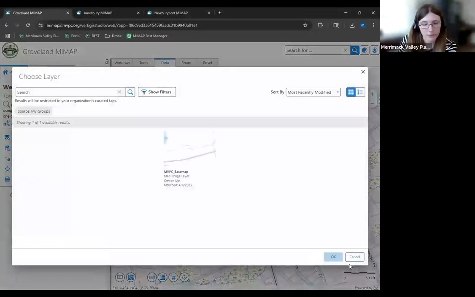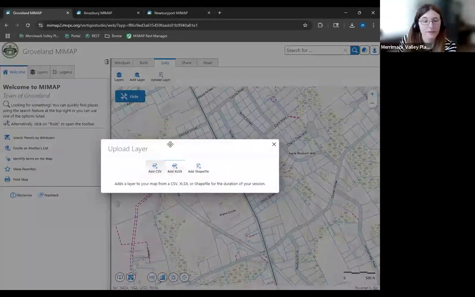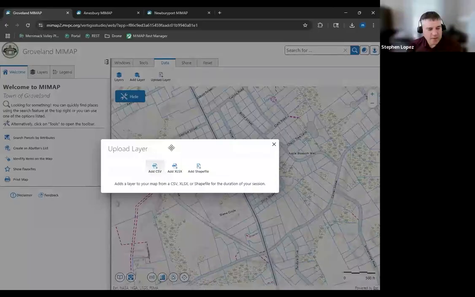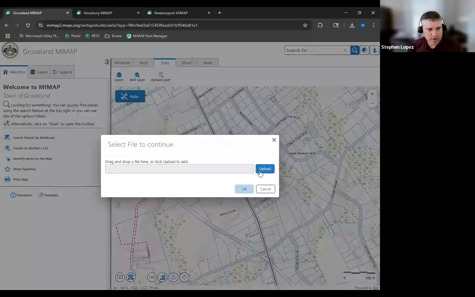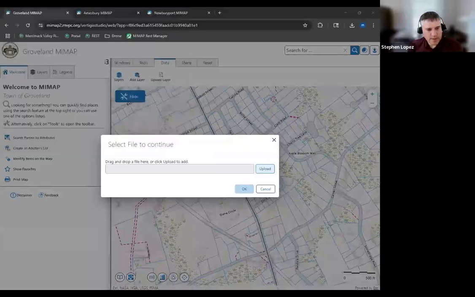That's under data. Yeah, add data. Nope. No, where is it? Upload layer. Here it is. Adding CSV or XLSX. I'm assuming that's how that works because there's no other way you could add a file to the map. So if you have an Excel file, or again, CSV can be Excel, and you have a latitude and longitude entered into that system as part of your records, it would upload a temporary file with those points in the correct spatial location.